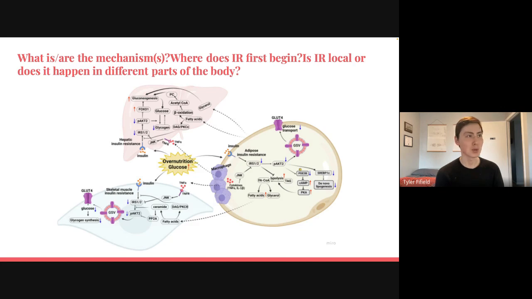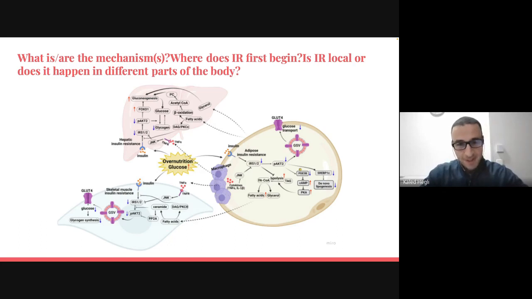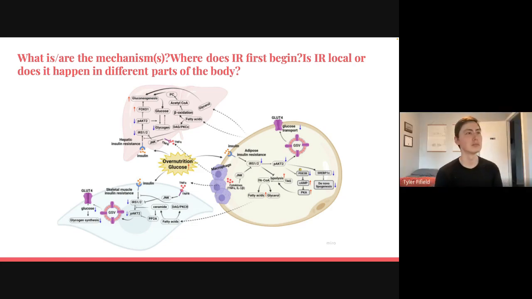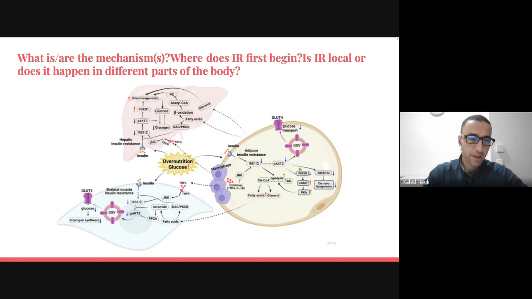This is a combination of three questions, largely because they overlap. Kaled, this is your hornet's nest. What are the mechanisms and where does it begin? Is it local or does it happen in different parts of the body? They all connect because, as we can see, there is a lot of crosstalk between the adipose tissue, our main character, the yellow bubble, the skeletal muscle on the left, and the liver up there. The strongest theory that we all agreed to support is that